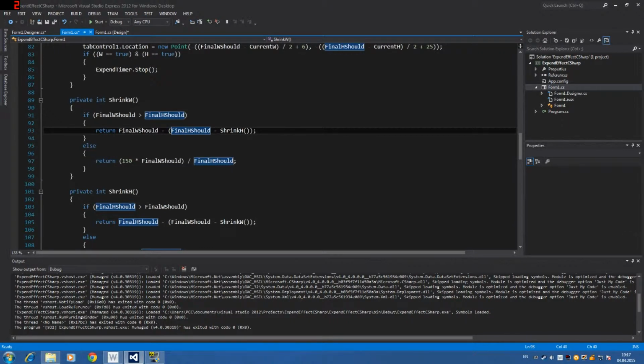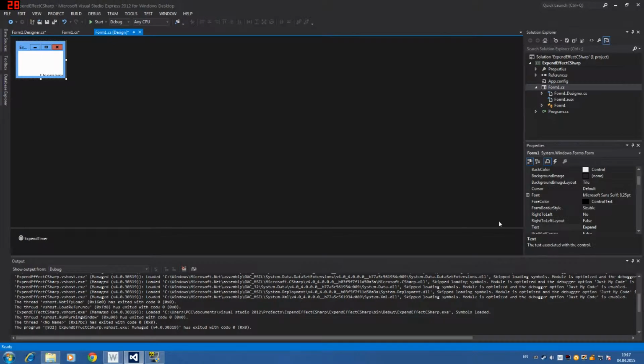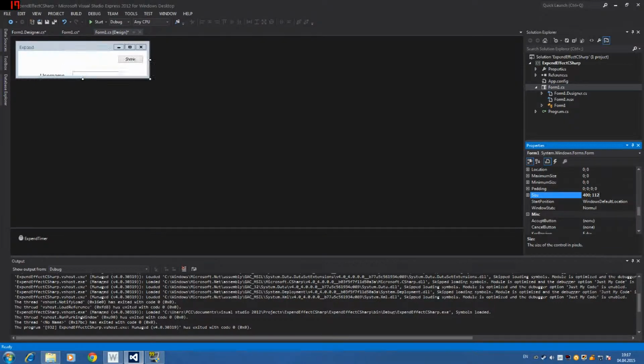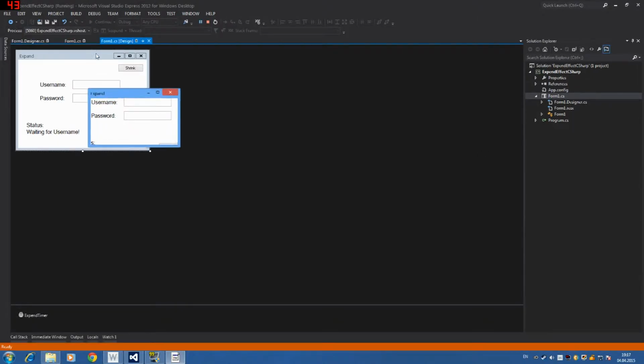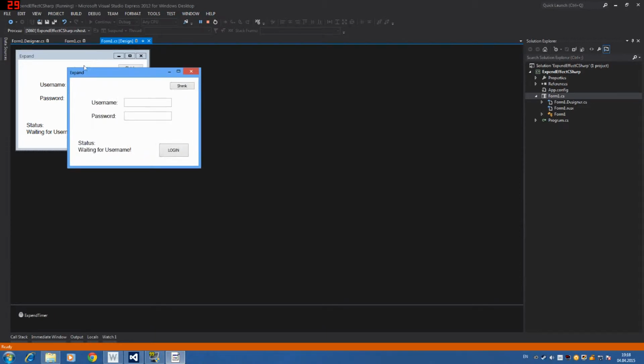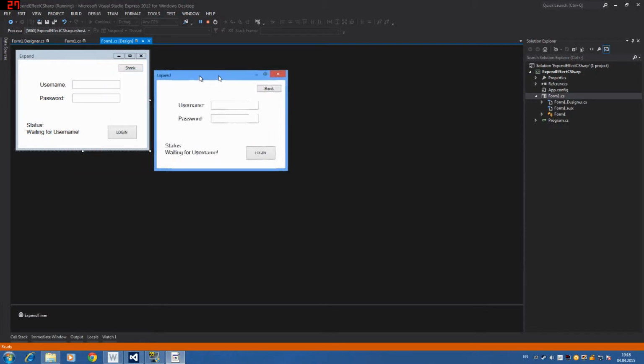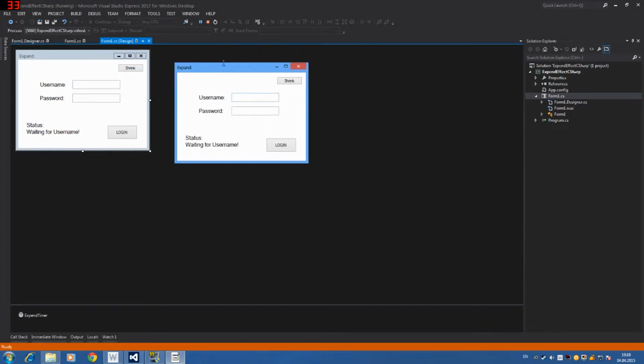So we need to normalize the width expand and the height expand, for the width and height to expand both at the same time. You see here, it finished at the same time. If we don't do that, it's going to finish the height first in this case, and then the width is going to